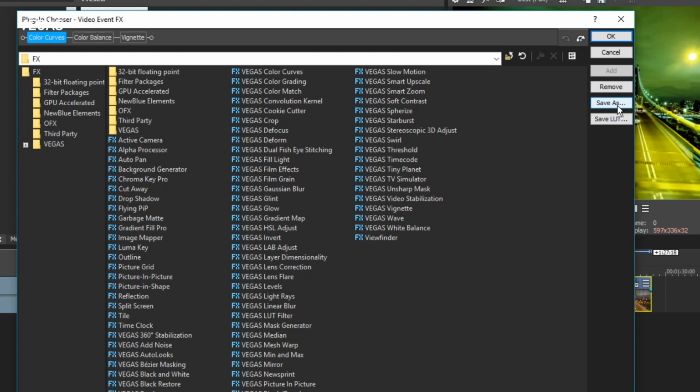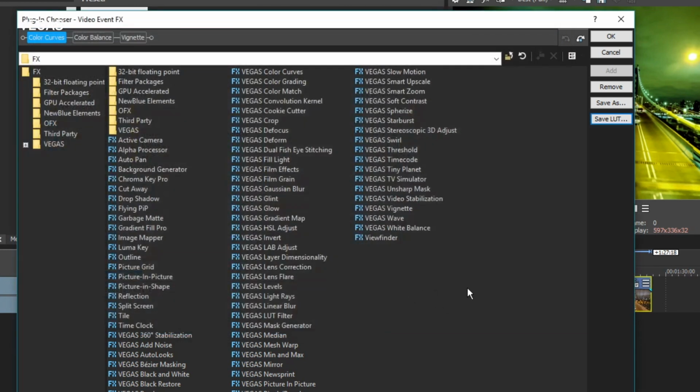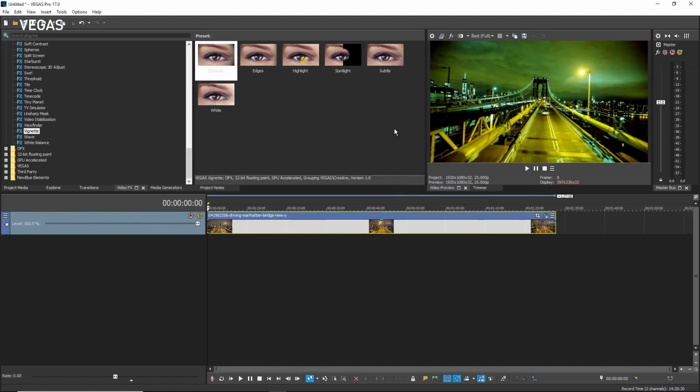But in this case, since we want a LUT file, click the new Save LUT button. In the Save Plugin Chain as LUT File dialog box, give your LUT a name and click the Save button. This saves your LUT, and you can now use it in Vegas or any other software that recognizes a standard cube file. Before we apply the new LUT to another event in your project, let's see how to create a